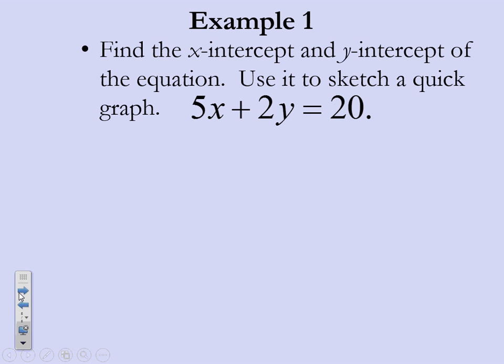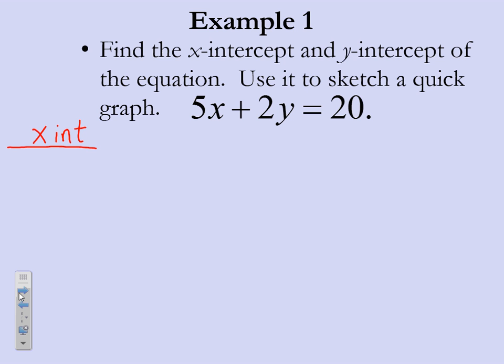So let's focus on this example right now. You should be writing these examples in your notes. Find the x-intercept and y-intercept of the equation. Use it to sketch a quick graph. The equation is 5x plus 2y equals 20. Now what we can do here is find these x and y-intercept points and then use that to help us out. Now if we remember, finding an x-intercept